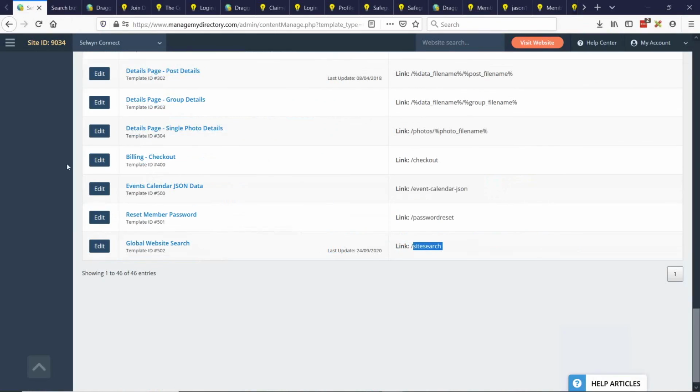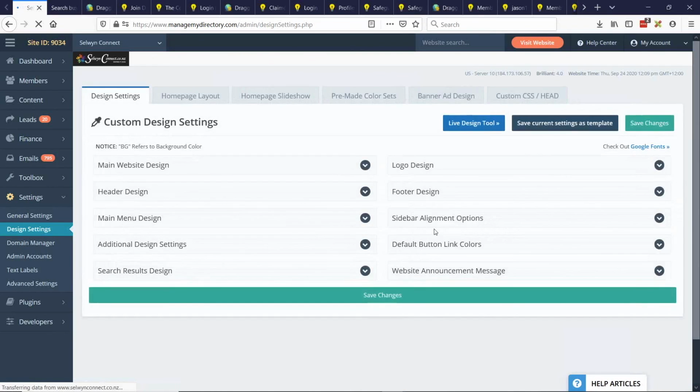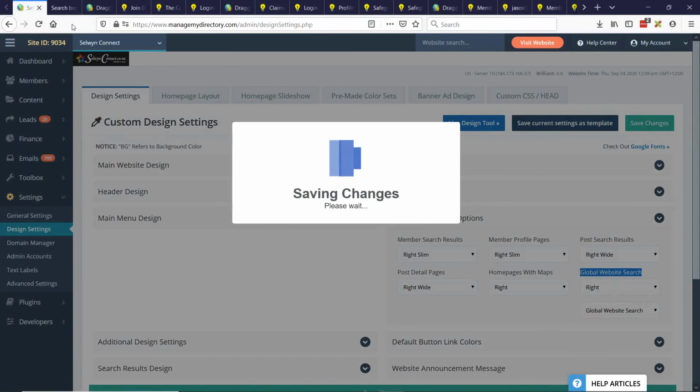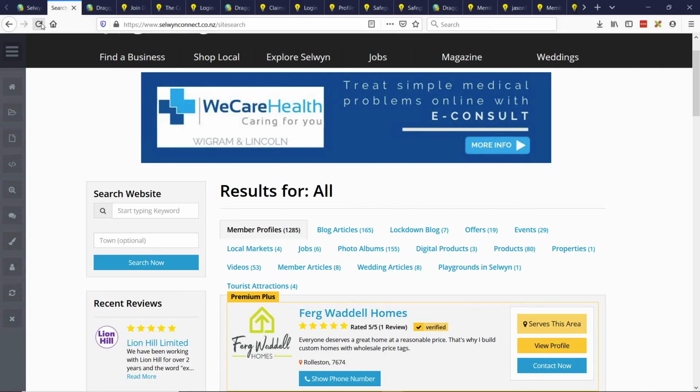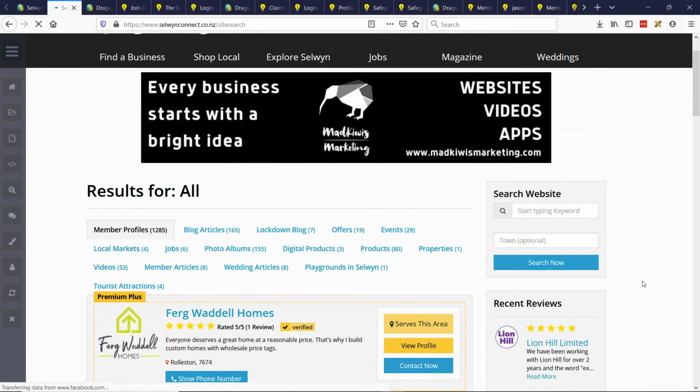Okay, so that should be under design settings, and under sidebar alignment options, global website search will set that to right. And that should suffice. Let's see if that works. Yep, there it is on the right hand side now.